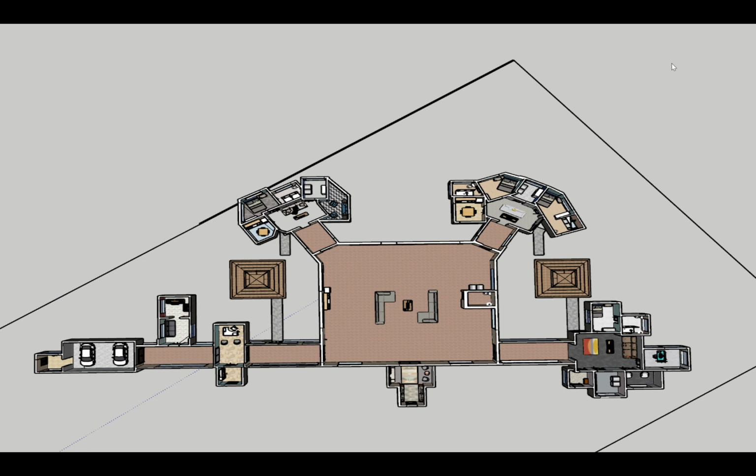So for this floor plan, I decided to go with a sundial theme, which the client normally wakes up with the sun, so I thought it would be interesting to have a floor plan that is shaped in the style of where an old style sundial would be designed and shaped by. And so on the actual site, I have it angled at 30 degrees so that when the sun rises and sets, the client would be able to get a full view of the whole